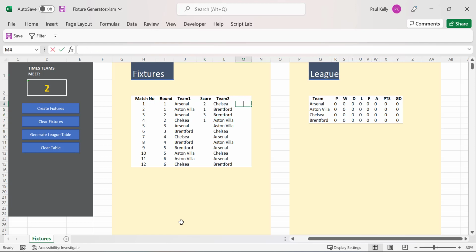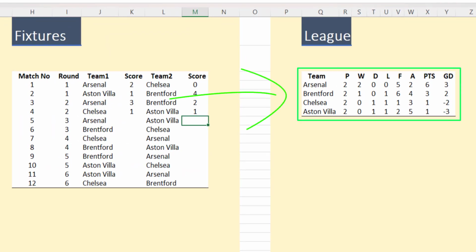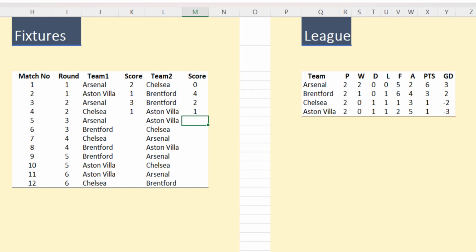And when we generate our league table, what we'll have is our league table sorted by points. So we click on Generate League Table, and you can see all the points have been calculated. So it sorts by points, then by goal difference, and then by goals scored. So that's the application that we're going to build,